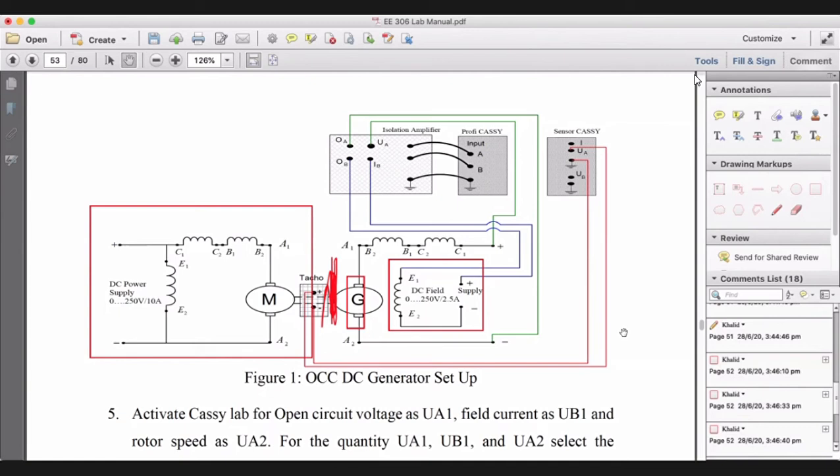You remember we have discussed in our classes that we have a field circuit, a separately excited machine. This machine needs an additional power supply. This power supply is only responsible to produce the flux for us. Once the flux is produced, we rotate the shaft of this generator, and once we rotate the shaft of the generator, voltage is produced, which is EA, and then EA goes towards the load by subtracting IARA.